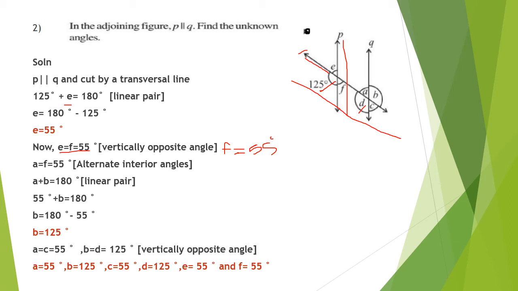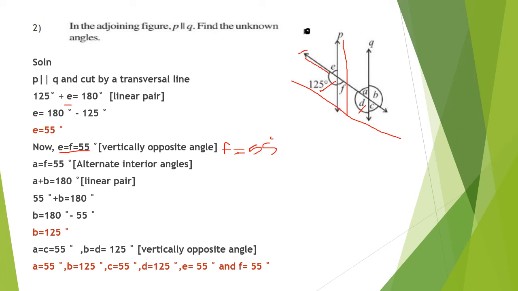You don't have to learn it by heart, okay? If it is easy to find the angles without calculation by applying the concept, like vertical opposite angles are equal, alternate angles are equal, then do that. First you try to find the angles like that, then the remaining part you can do by calculation. I'm not saying follow only this method. You can understand the concept, apply it and find the answers.